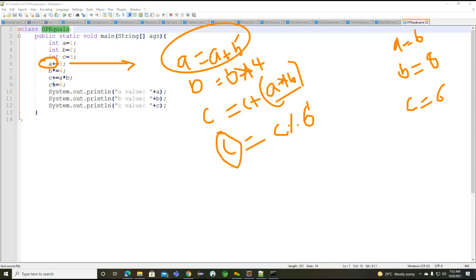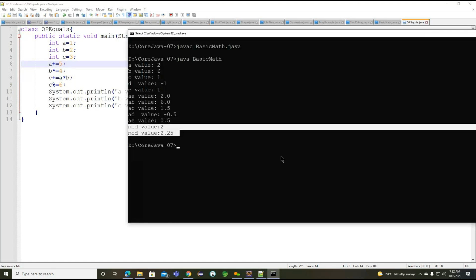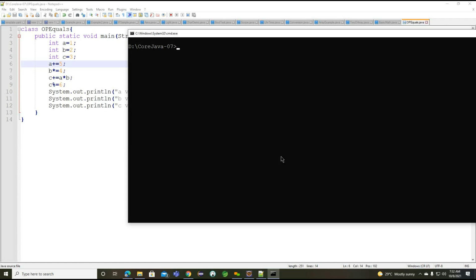Okay, now we'll try to run the same example here. OP equals, Java C OP equals dot Java and Java OP equals.